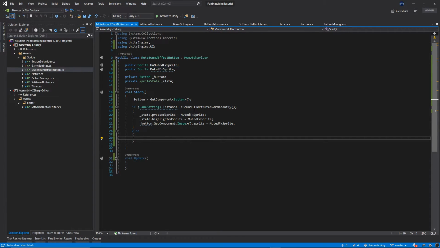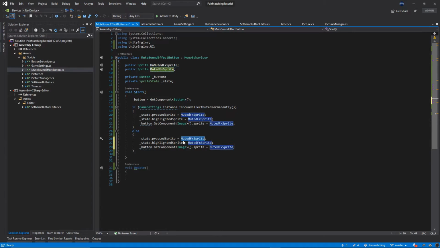So if the sounds button is not muted, we want to do exactly the same, but we just want to use the unmuted sprite. Okay, so we just copy unmuted and then replace this unmuted everywhere. Okay, so another thing which we want to do is we want to just delete this update method,